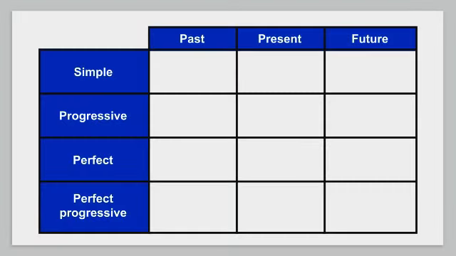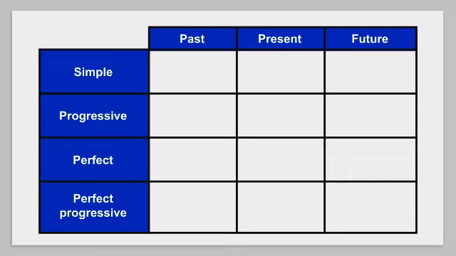Okay, so you have now learned a lot of verb tenses. How about a quick review? We have 3 ways to look at time: the past, the present, and the future. And for each time, we have 4 ways to express the verb: the simple tense, the progressive, the perfect, and